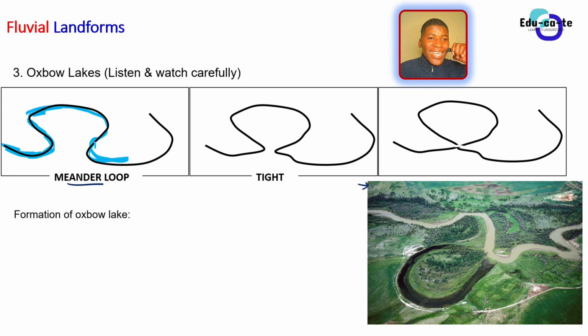So this is image number 1 showing you a meander loop, the one that we just did in the previous diagram. I've just reconstructed it so that you can see it again. It's a meander loop. But now, when you look at diagram number 2, do you realize that it is still a meander, but the meander is now a bit different. It is now tighter, or it is closer. Its ends are closer to one another.